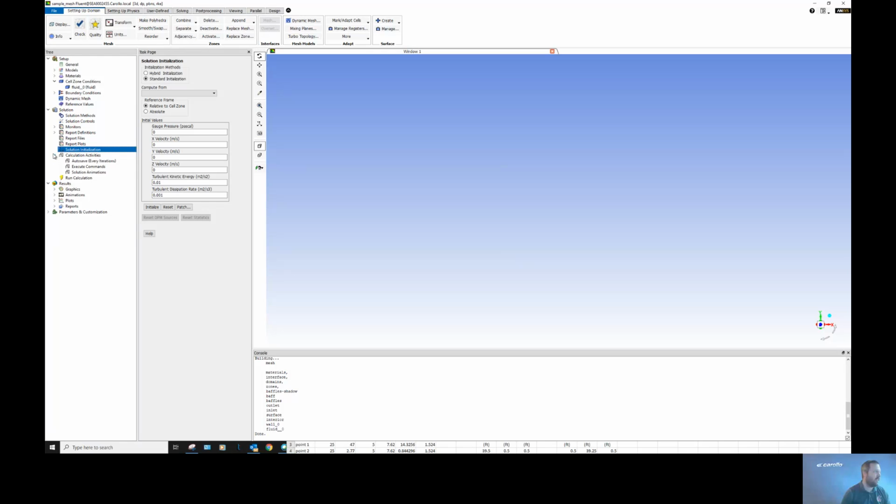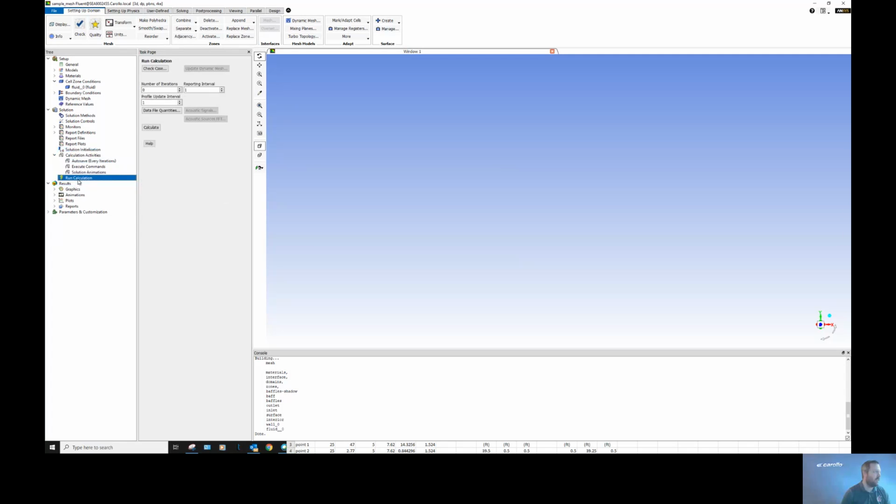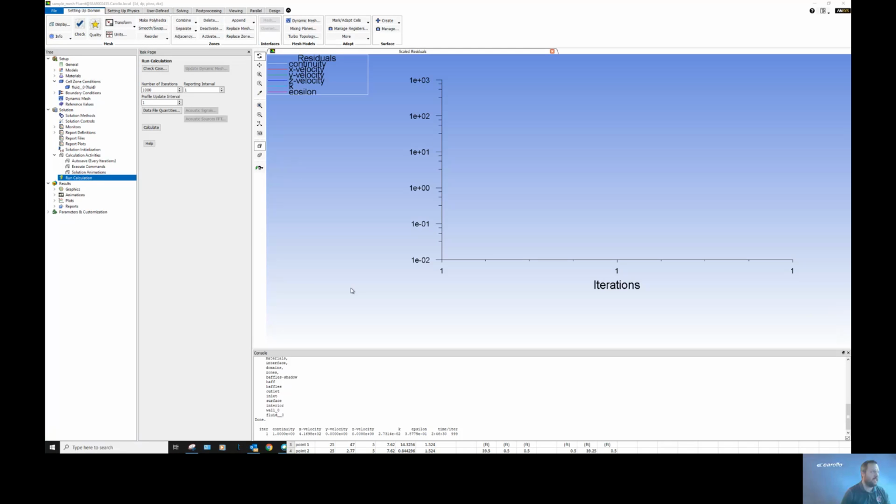If you have calculation activities, you set them here. We go to run solution, set a representative number of iterations, and we would start calculating our problem. It's a good idea to save it before this point, but we're just going to take a quick sample of how it runs. On this particular machine, it's probably a little bit large, so it's going to take a minute to start going. And as it iterates, it provides information on